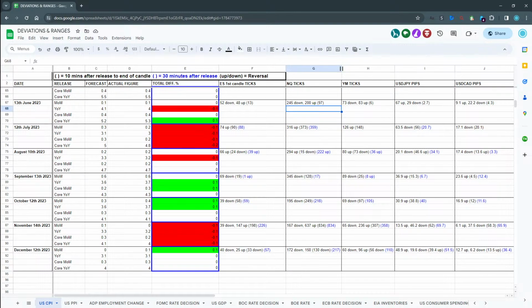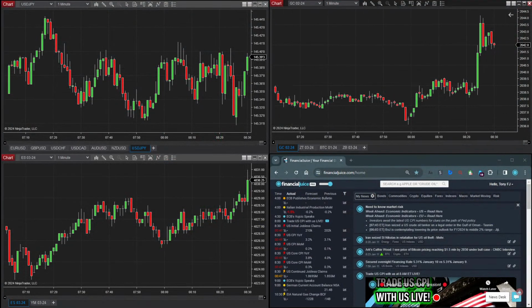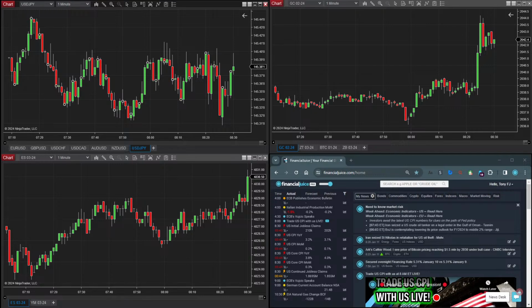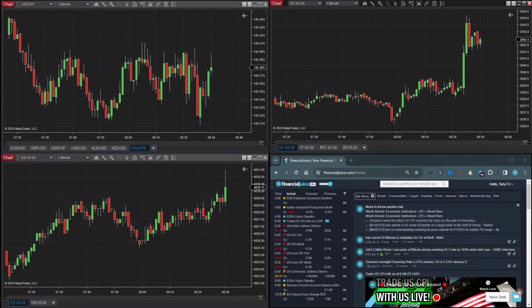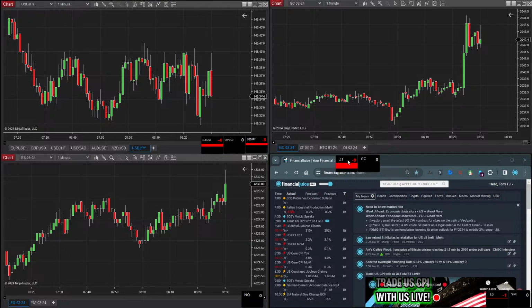Anyway, so we've got a minute left. Let's get to the release. Let's get ourselves set up. So we're looking at the dollar yen top left, S&P bottom left, and gold here in the top right. Let's get our TickStrike set up ready, and then we'll see if we do get 0.2 deviation on these figures. If we don't, then it's probably going to be a quick in and out trade if you can get into it quick enough, but that's not really possible all the time. Let's put that here. Okay, 10 seconds.